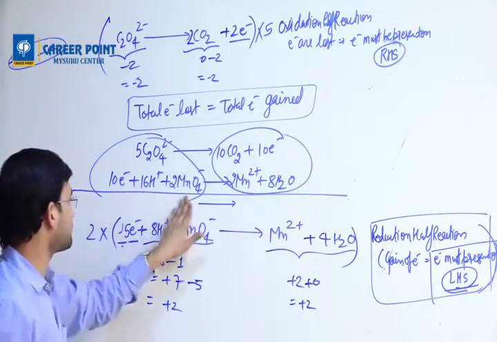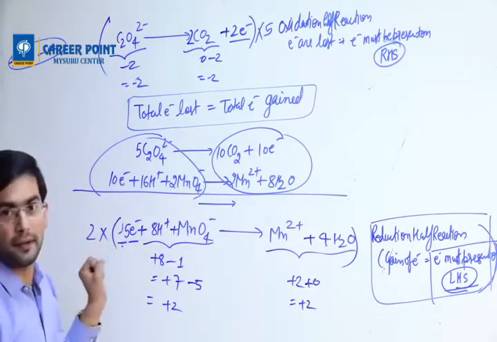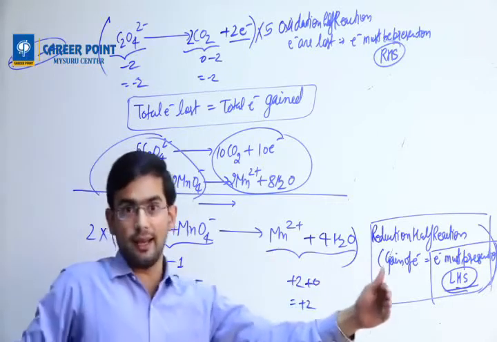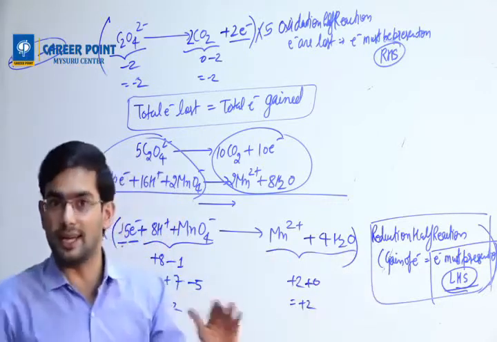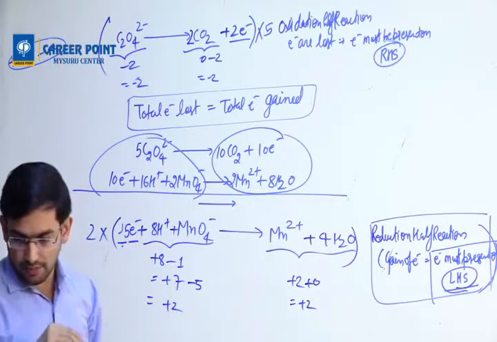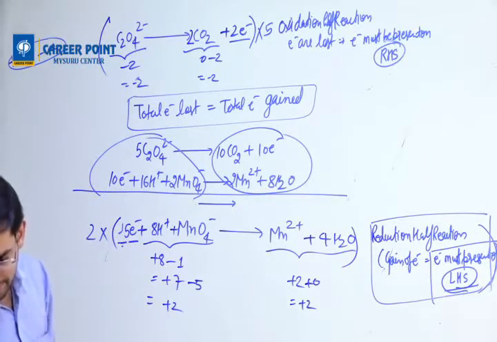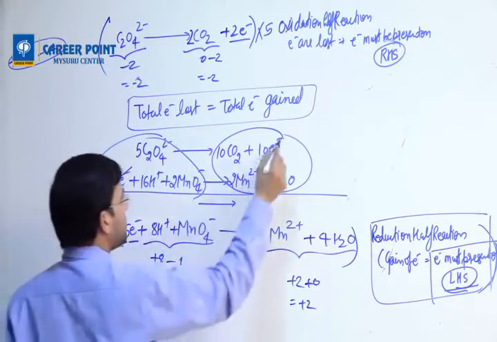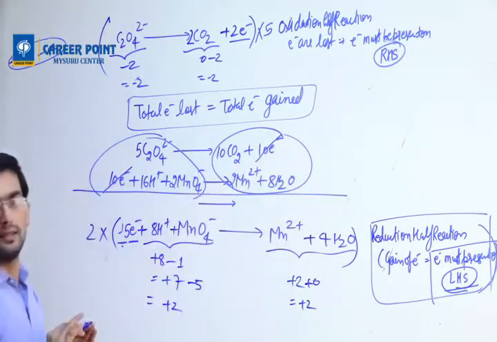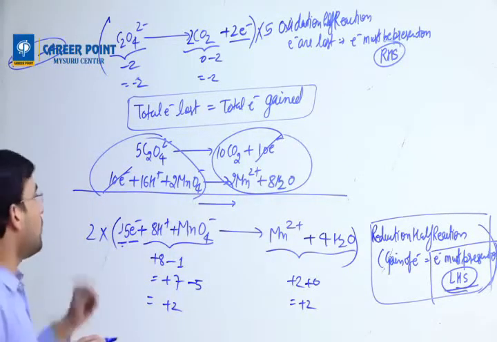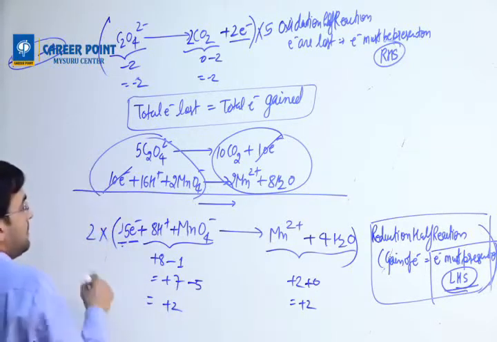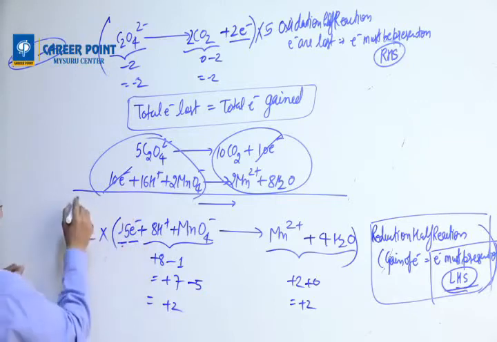Okay? Now, if the same thing is written on this side and that side, LHS and RHS, they are supposed to get cancelled. So, 10 electrons are here, 10 electrons are there. They will get cancelled. Once they are cancelled, is there anything else that is the same? Nothing else is the same, so whatever remains, you add.